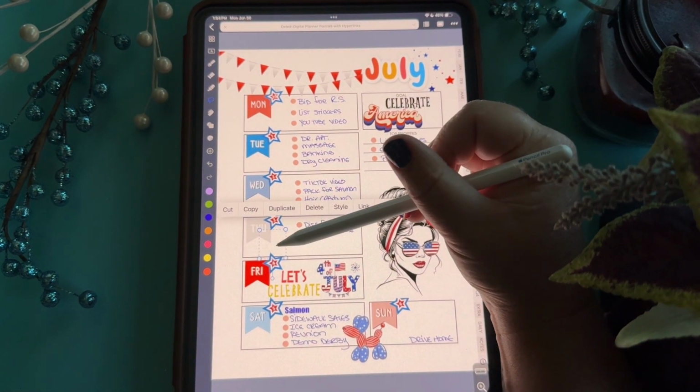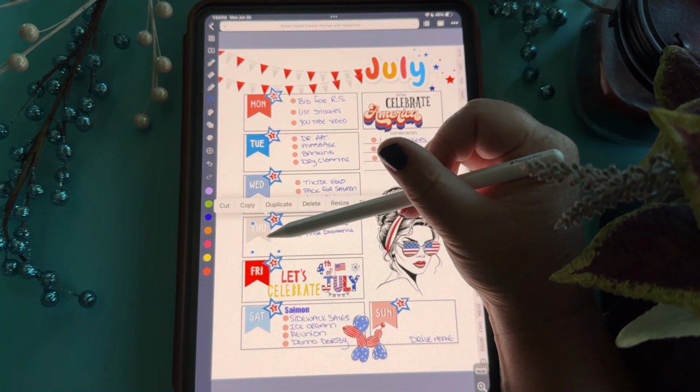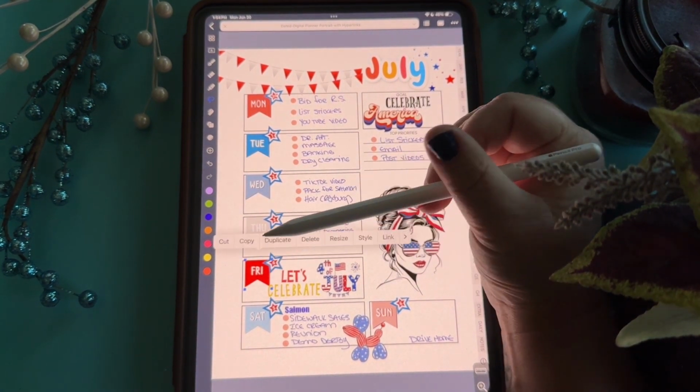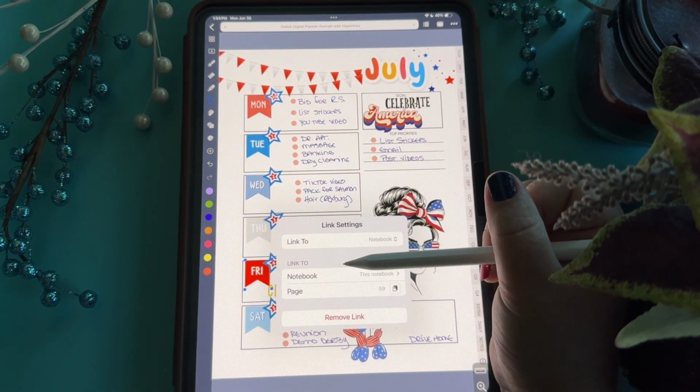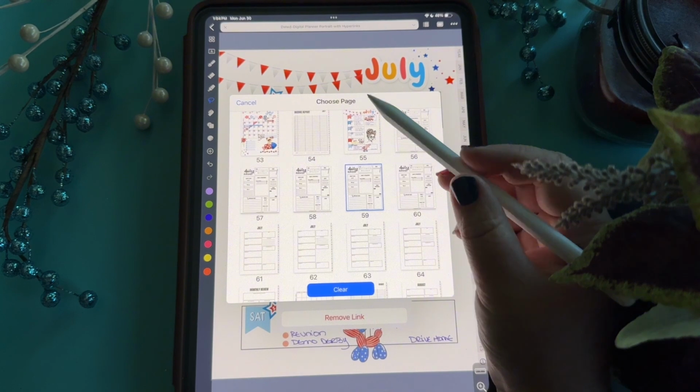And then duplicate. Oops, I did it 3 times. I just need that one. I guess I could have done it again, but link. And then I'm only really doing my dailies Monday through Friday, because after that, I don't usually pick up my